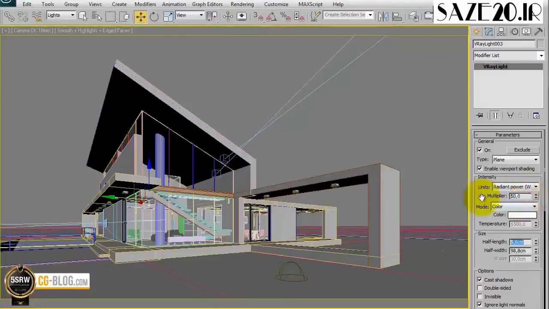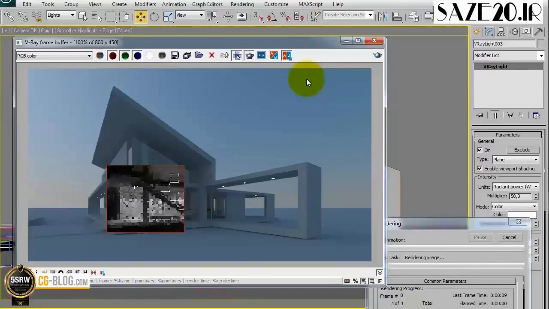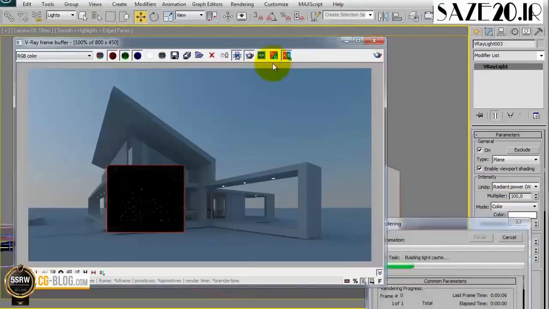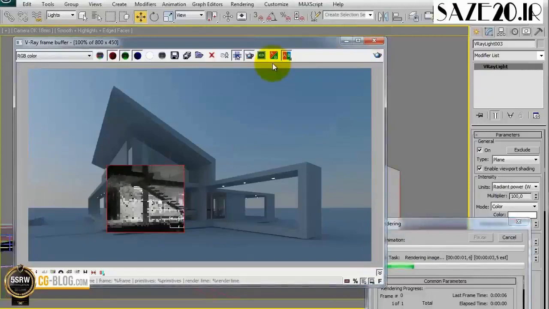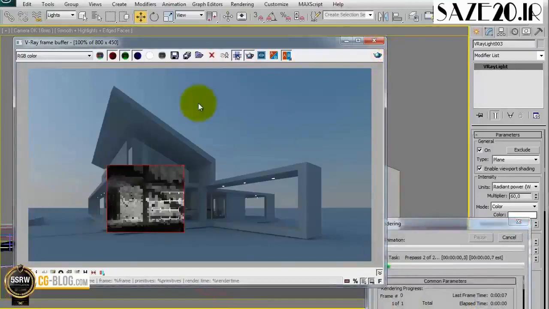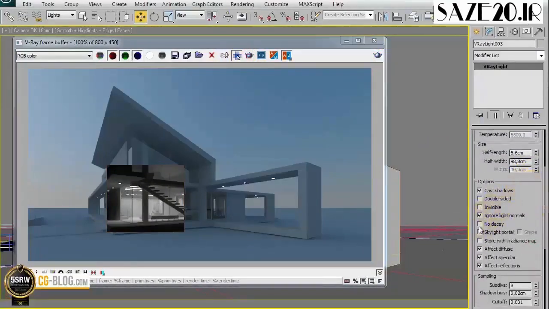This is the fill light. 60 is okay. It's important that it's a very soft light, and since we need it only to fill, we